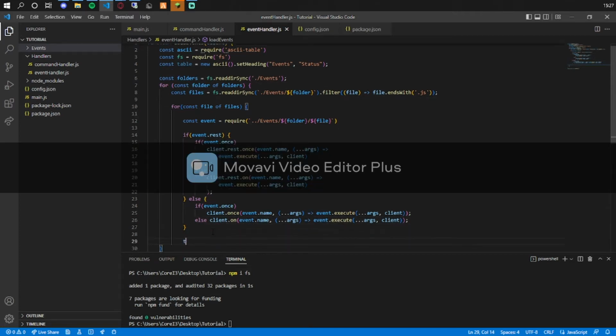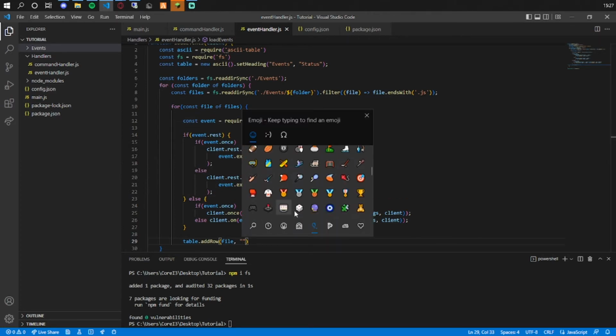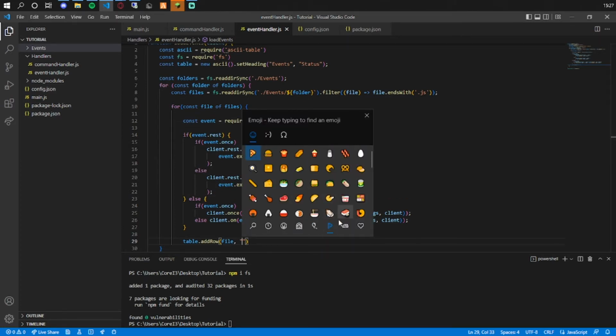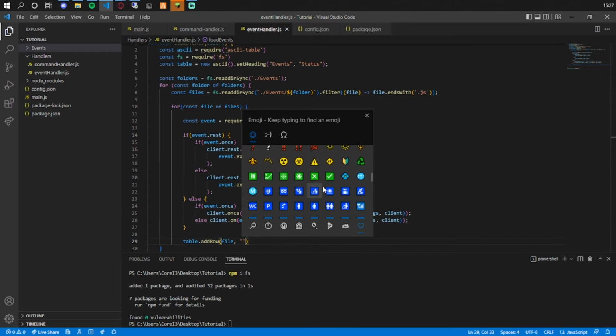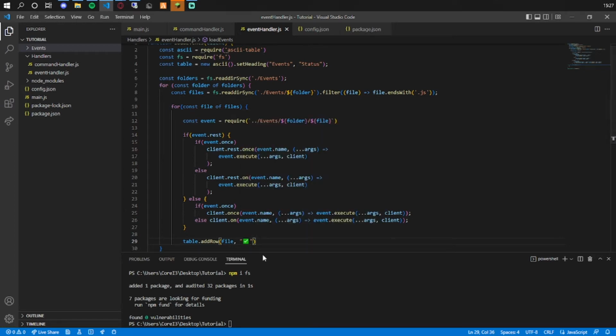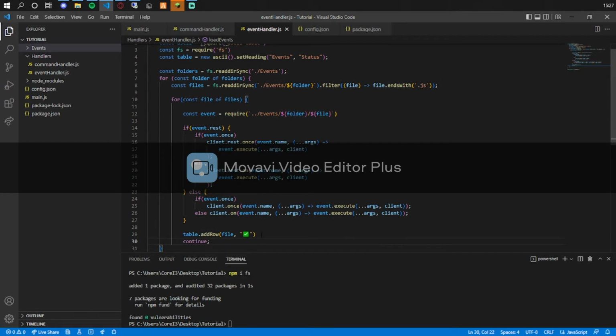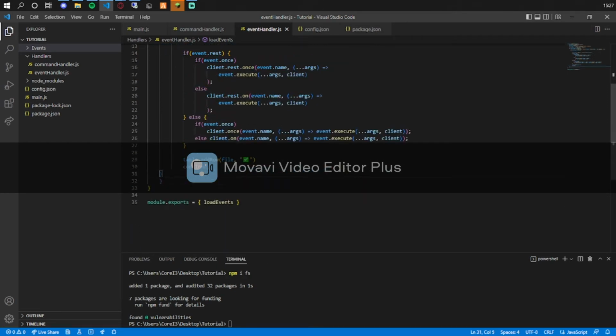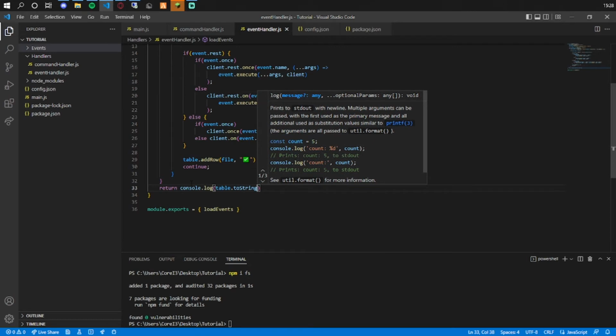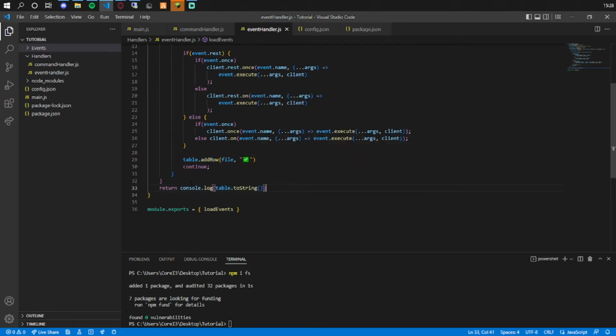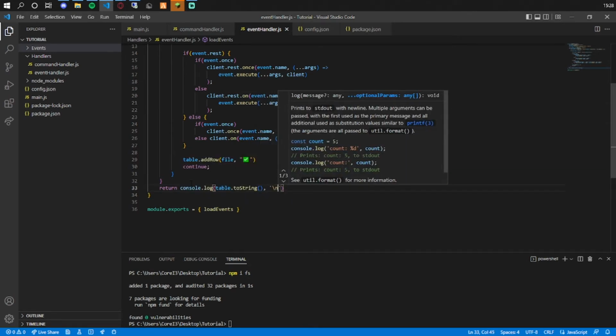And then down here we're then going to get the table.addRow. It's going to be file, and we're going to give it a nice little tick saying it's done. So I go to here, it'll be here, give it a nice little tick, and we're going to continue, and then that needs to be tabbed. We're going to go to here, we're going to return console.log table.toString, and then we're going to do \n